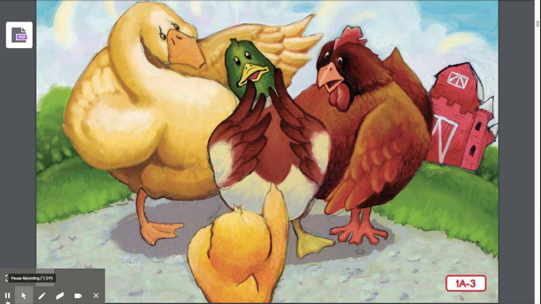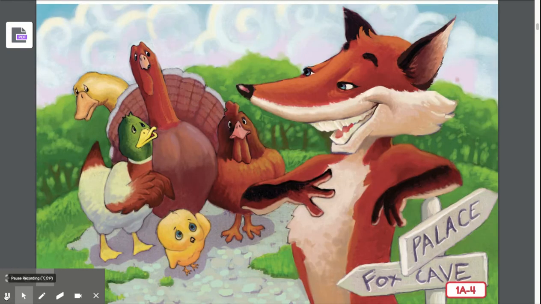So the five feathered friends ran along until they met Foxy Loxy. "Foxy Loxy, the sky is falling," cried Turkey Lurkey. "Oh, is that so?" said sly Foxy Loxy, who knew better, but pretended to believe the five trembling birds. The word sly means sneaky in a secretive and clever way.